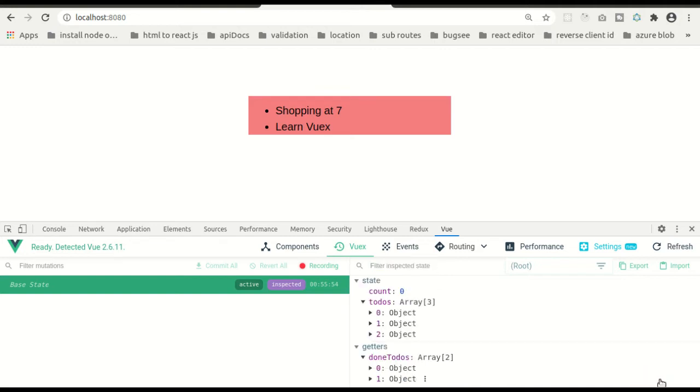Here you can see the entire state that we have defined in our store, like count zero, the todos, the items in the todos, and the getters. Cool, so you can install this plugin.